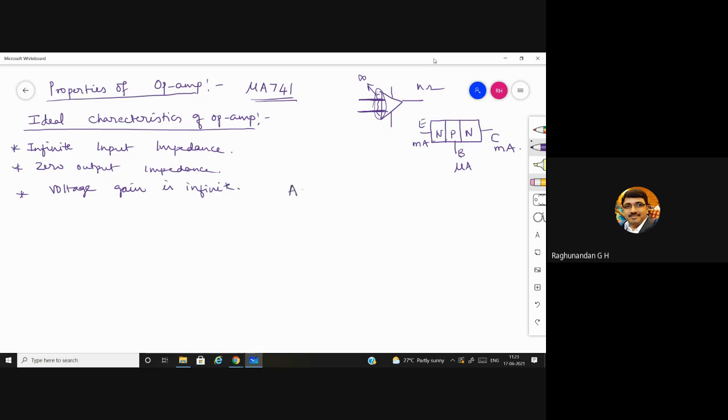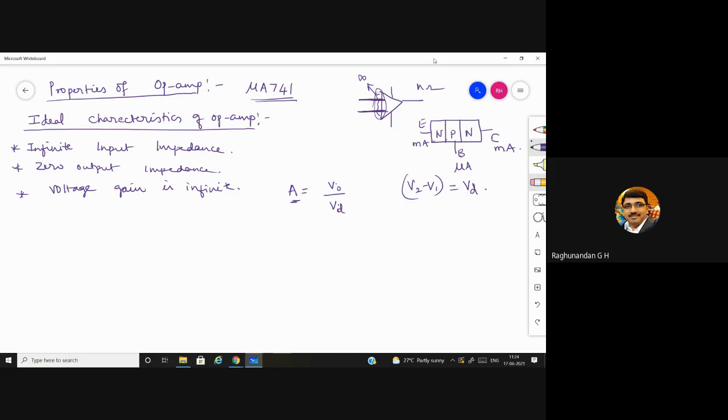So gain is always given by output by input. If you consider a differential amplifier, it is going to take the inputs from both the terminals, take the difference, and add some gain to it. So it will be V2 minus V1. This is termed as VD. So the ratio of output voltage by input voltage gives you gain.